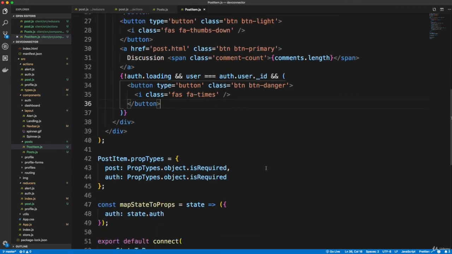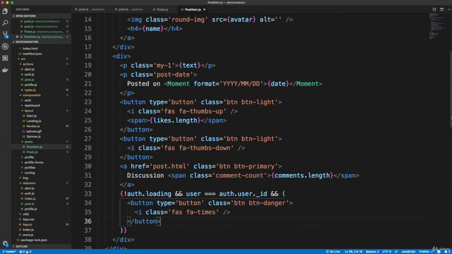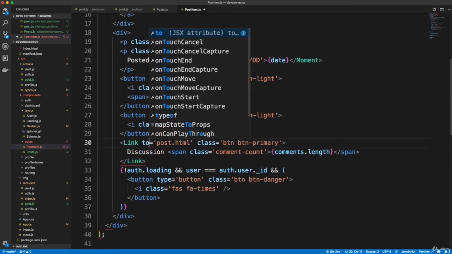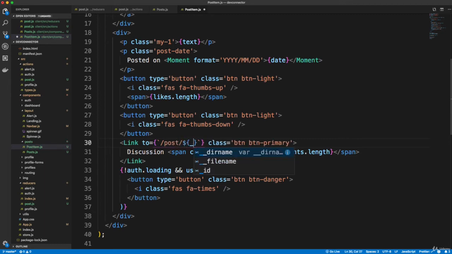All right, so let's see. Let's change this stuff to links. That we brought link in. So actually, this is the only one we need to change. So link to, and what we want to link to is the post with the ID. So we're going to replace this with curly braces and backticks, and we're going to say /post/ and then we want the ID. So _id. All right, now